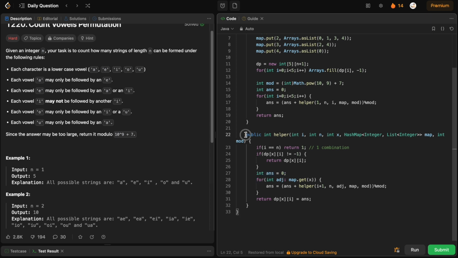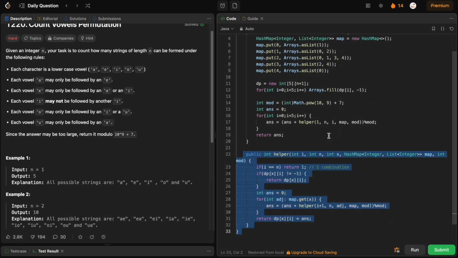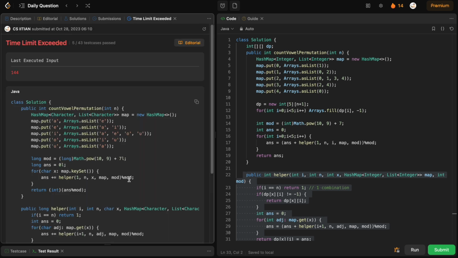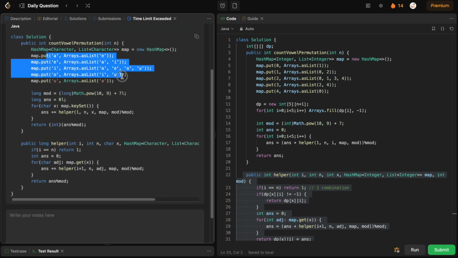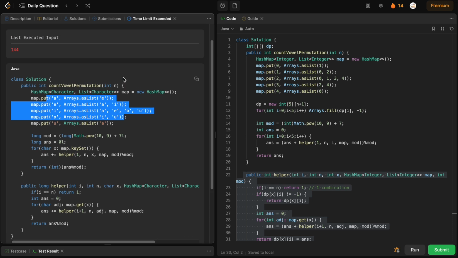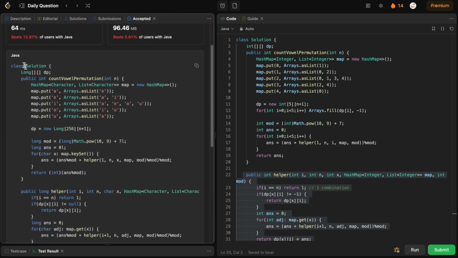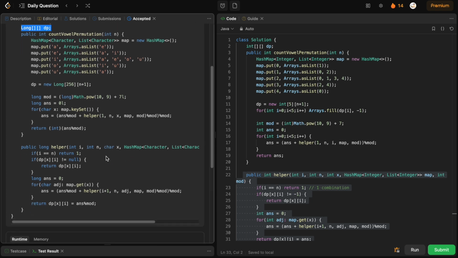And I think that's all. If I run this code, it will give me the TLE. You can see here it just gave me TLE. Initially I had used A, E, I, O, U, these things, and I just got TLE. After that my second submission was this one, where I have applied DP, dynamic programming, on the array, because